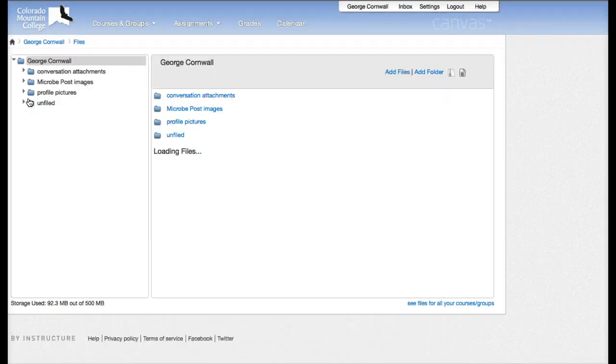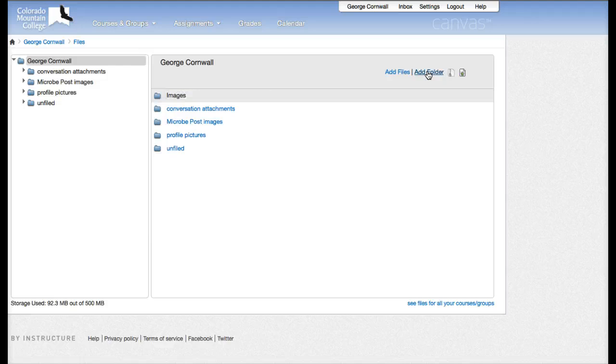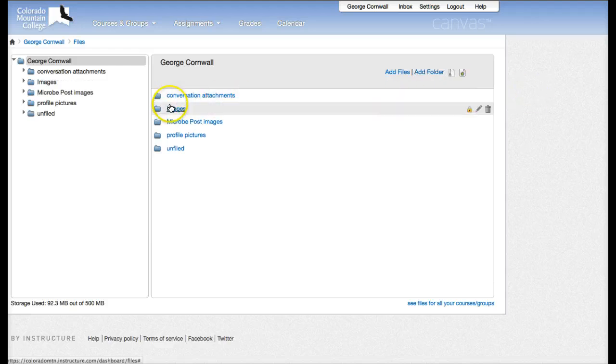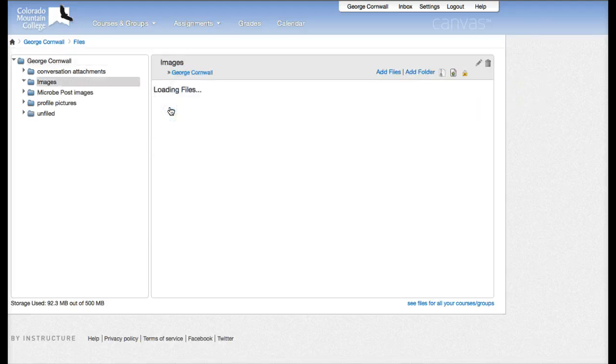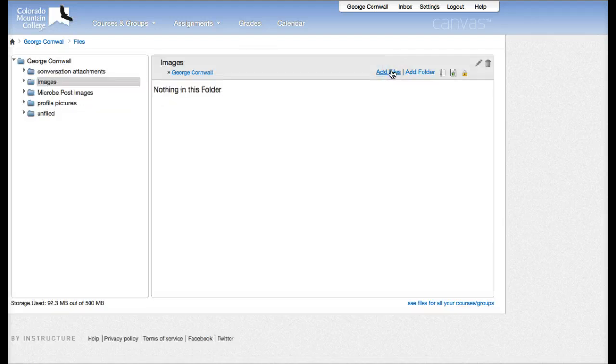In order to get images that you've chosen, maybe not from Creative Commons, from other websites, you can right-click and save those. I like to create a folder or a file that says images and keep all of my Microbe Post images in there. So once I go to this images folder, I can see there's nothing in it. I'm then going to, I could either upload a whole zipped compressed file, or I could just upload a single file, add a file,